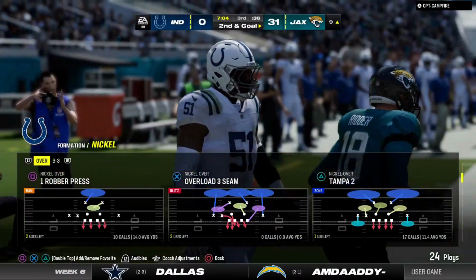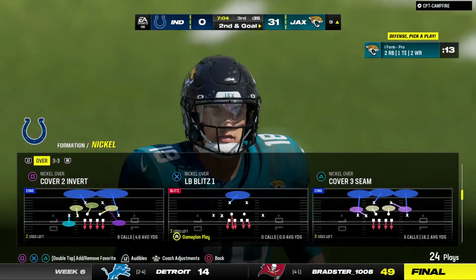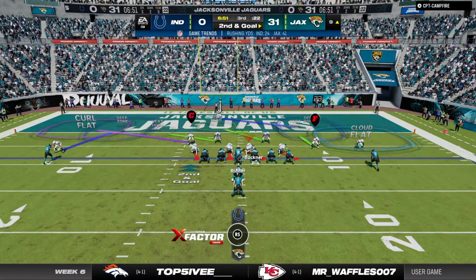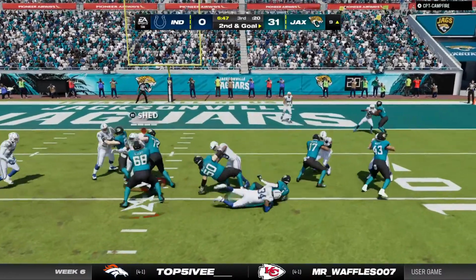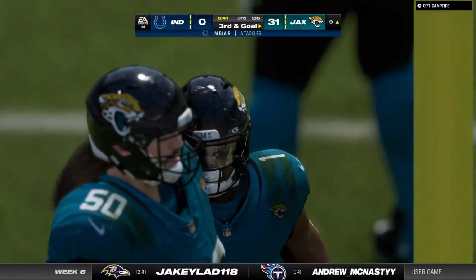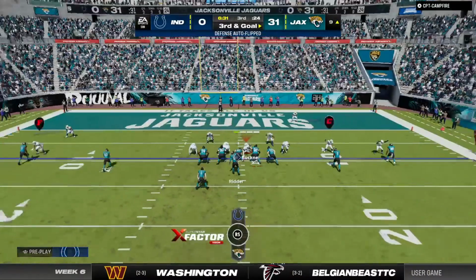It won't be a sack, but it's no gain, and it brings up 2nd down. Brandon, I think he's just grateful to get back to the line of scrimmage and avoid not just losing yardage, but a big hit on that play as well. That defense closed on him quick and forced a quick surrender out of bounds. And he is met in his tracks behind the line of scrimmage. That'll be a loss of a yard, and it leads to a 3rd down. It's now 3rd and